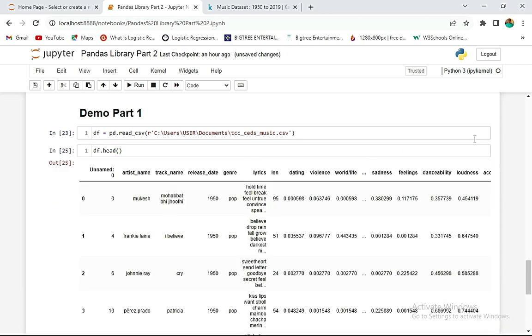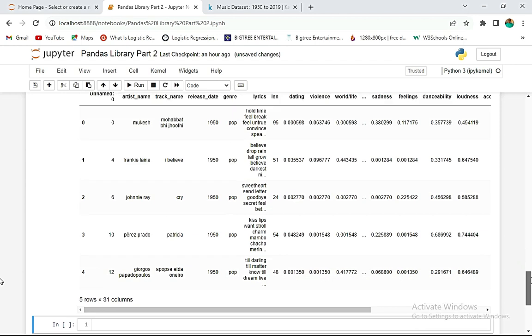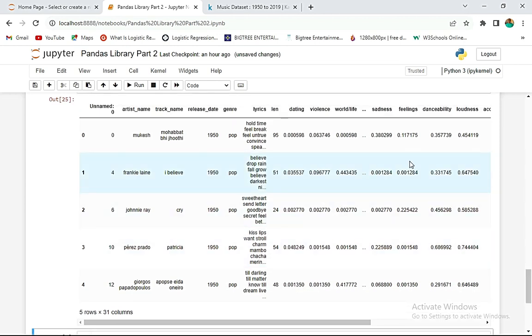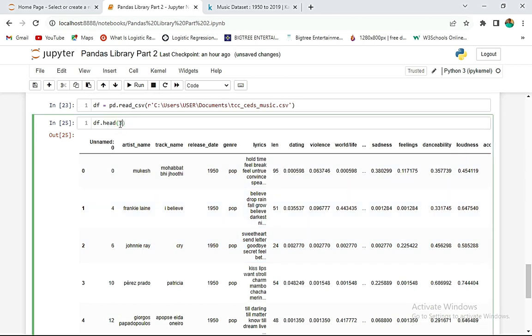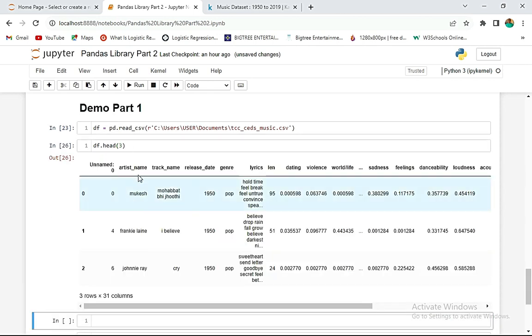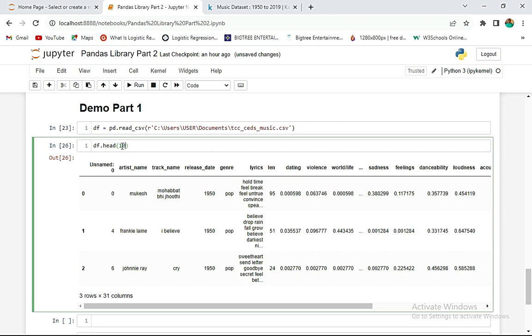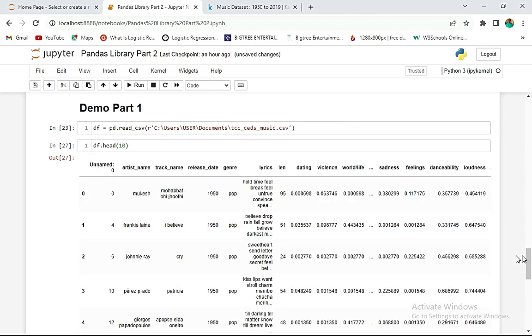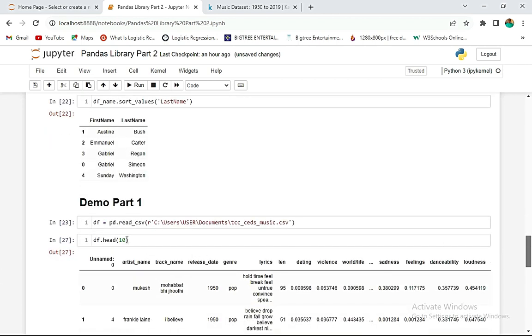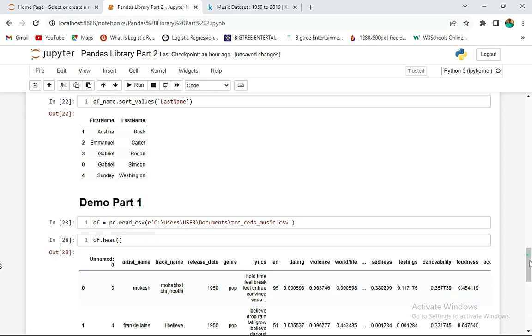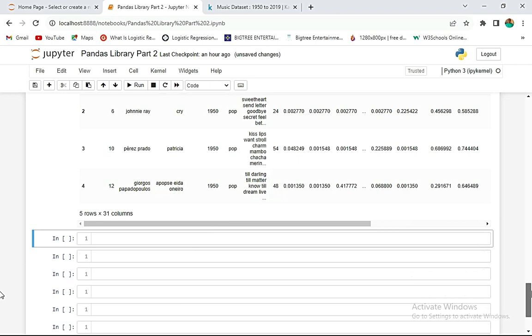So let's see. You can see just 5 rows of it. You can specify inside the head function the number of rows you want to output. If you want to output 3, you can see 3. If you want to output as many as you want, say 10, you can see that. The default is 5 if you don't put anything inside. Okay, now let's